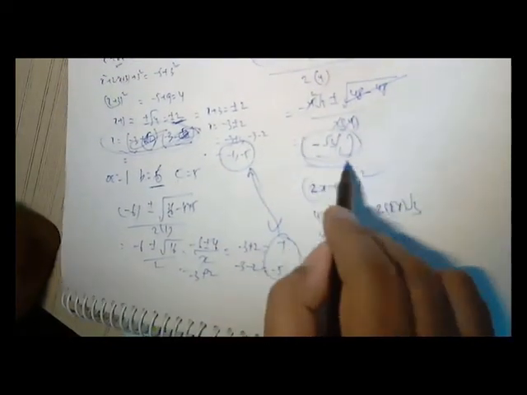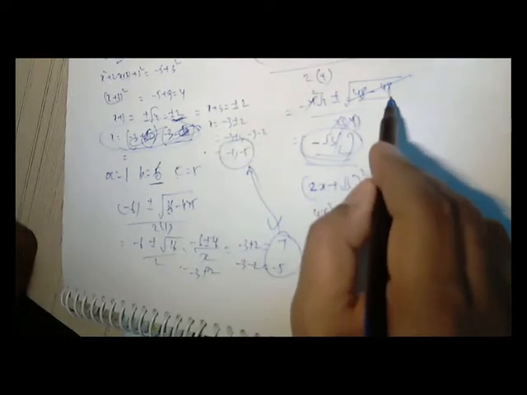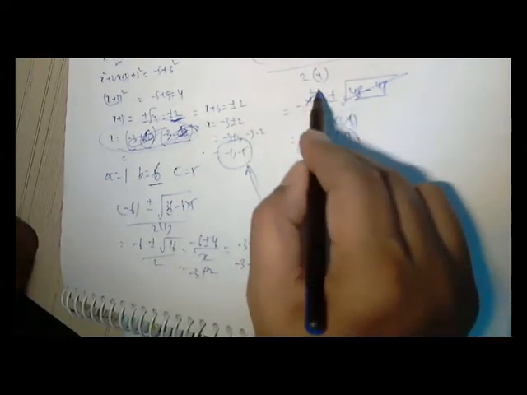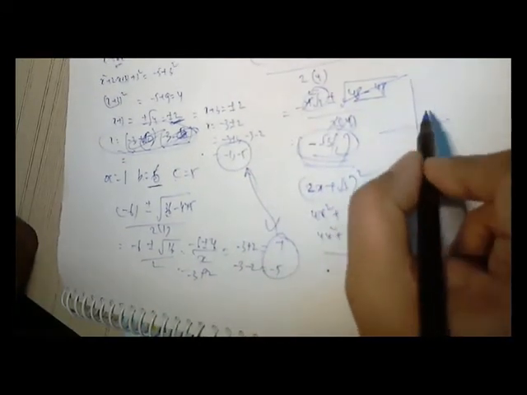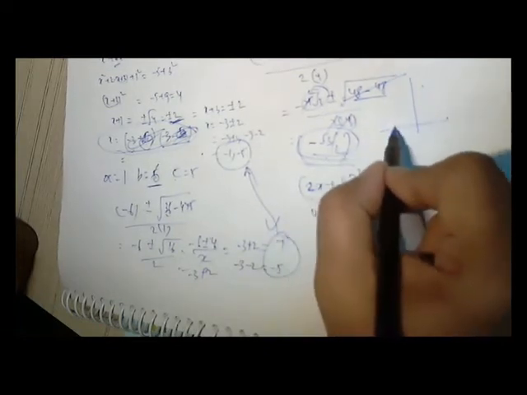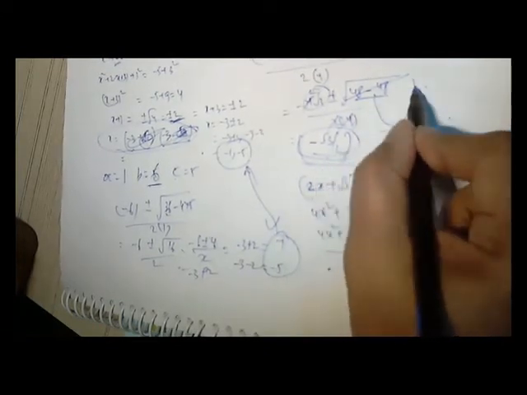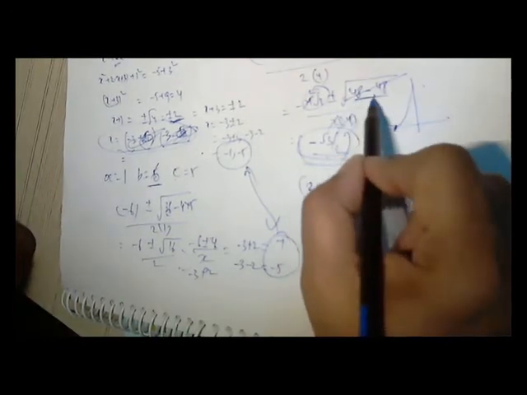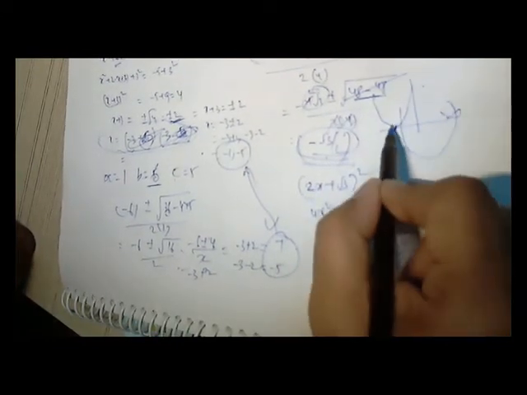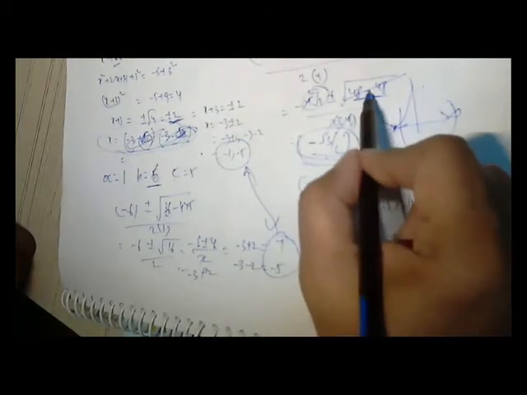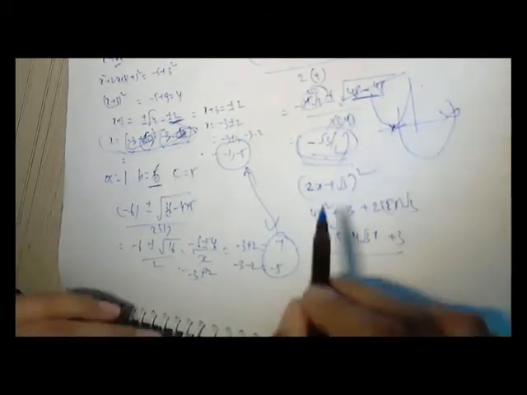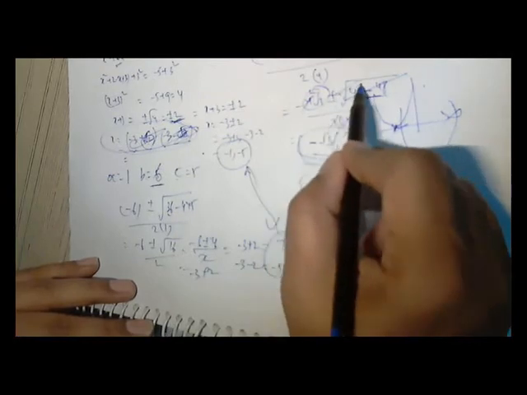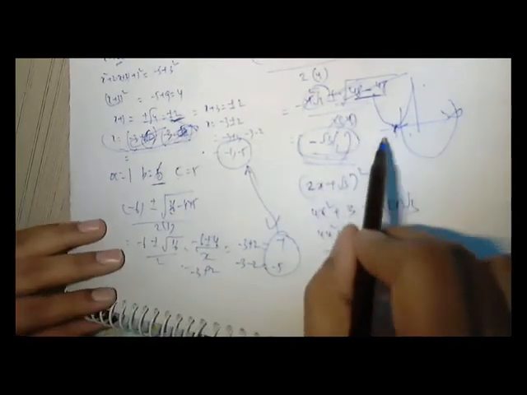So I got the answer because b square minus 4ac is 0 here. So I get only 1 root. This is touching at minus root 3 by 2, like this. There is one root. If it is not 0, then we will have two roots. But it is 0, b square minus 4ac is 0, so we have only one root. The plus or minus would give two roots, one plus and one minus, but here it is a common root.